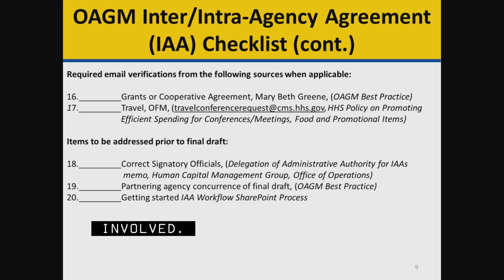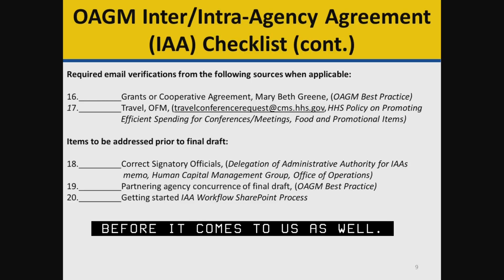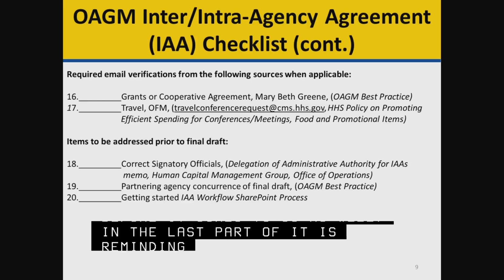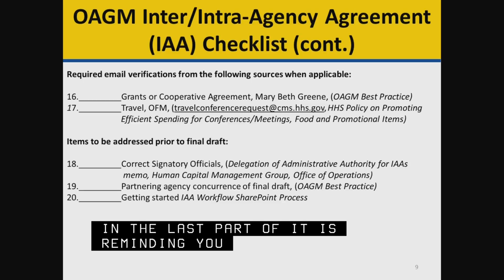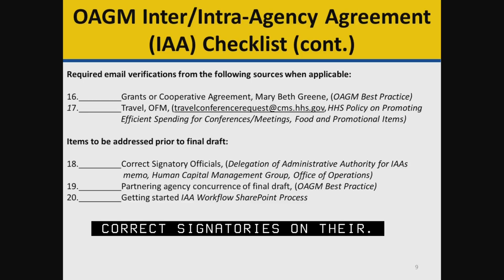We have the email here where you can just email them and get your clearance before it comes to us. And the last part of it is just reminding you to make sure you have the correct signatories on there, make sure you have concurrence from other partnering agencies, and where to go get started, which is to start with